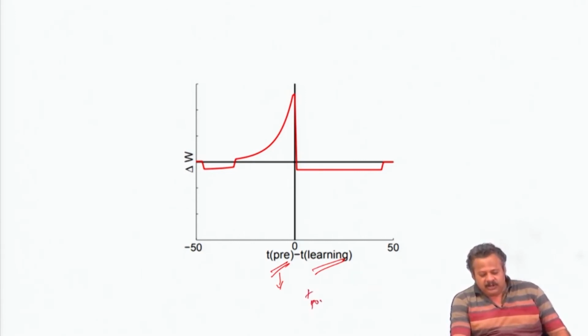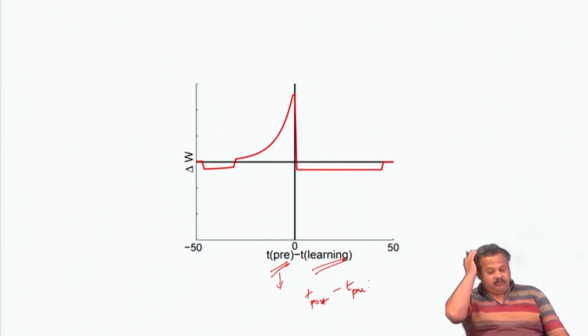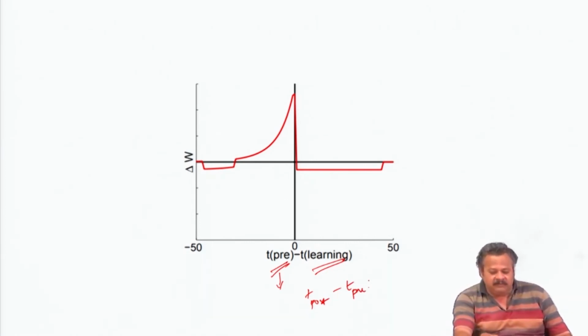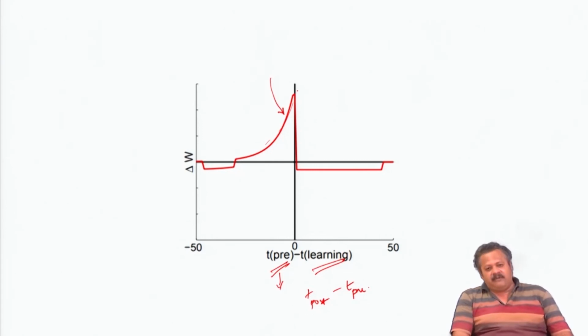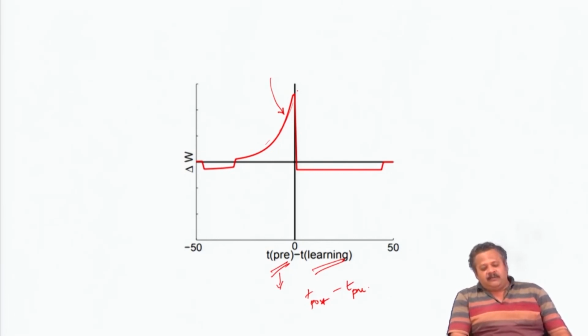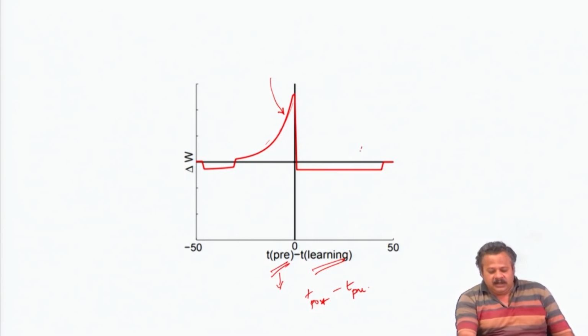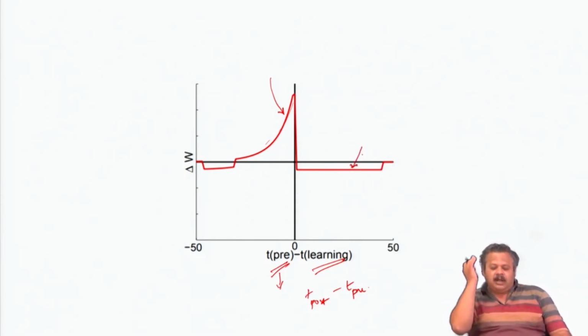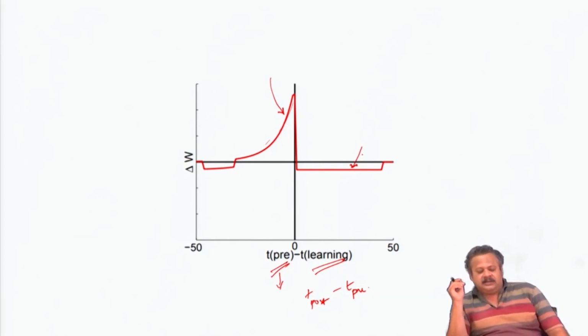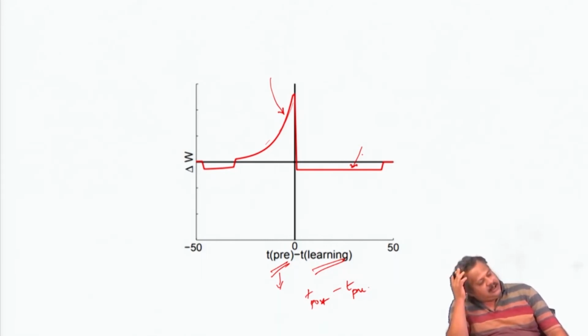We are used to T post minus T pre. Here it is T pre minus T post, and the theoretically derived learning window from the previous examples is showing that same potentiation on average when the post spiking follows the pre-spiking, and there is a general depression in the synaptic strength following the post spiking that is preceding the pre-spiking, which is exactly what is represented in our Hebbian spike